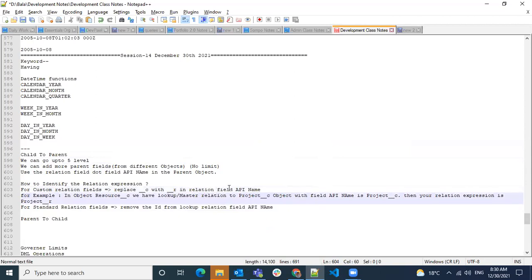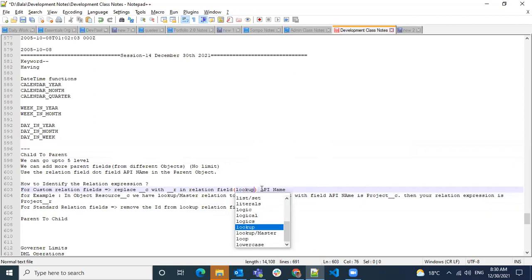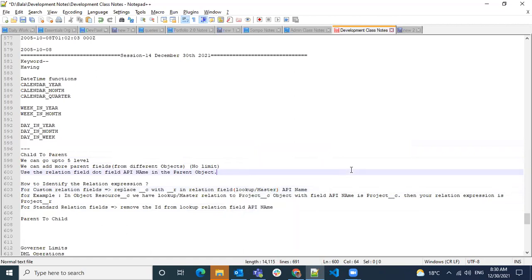When I'm saying a relation field, the relation field could be a lookup or a master detail.